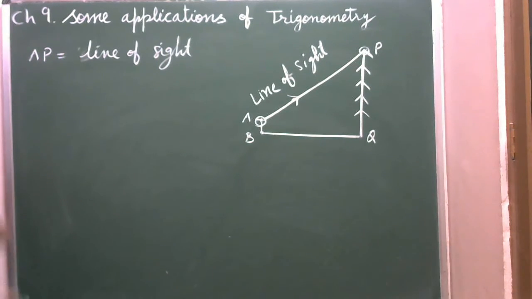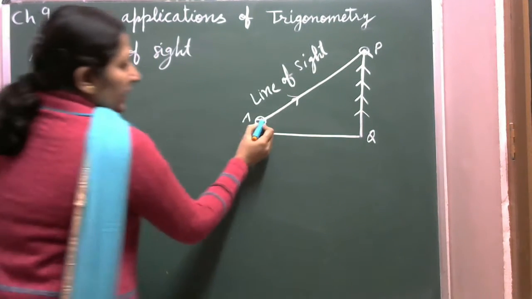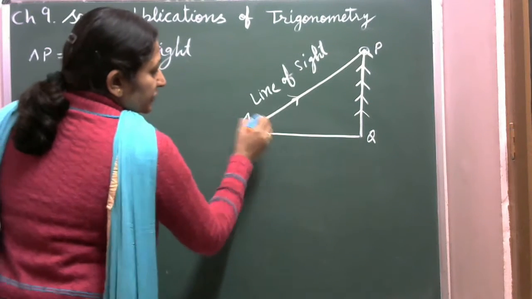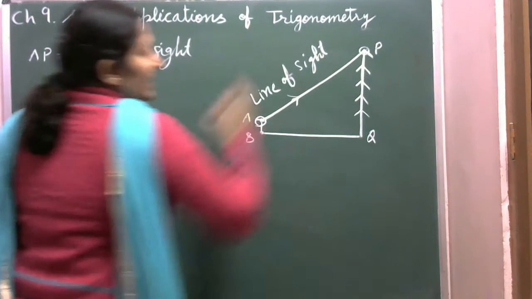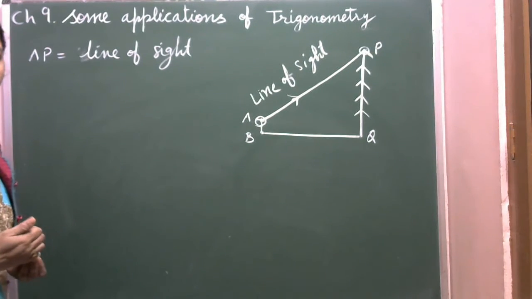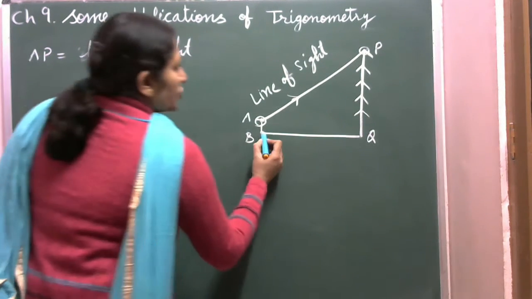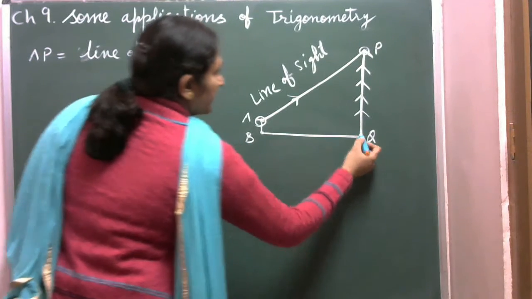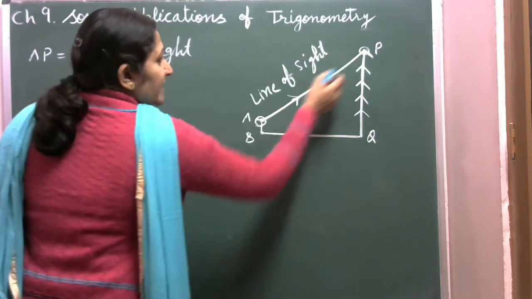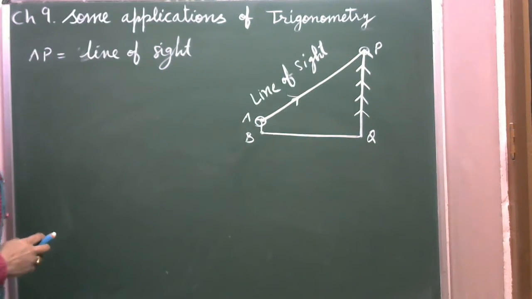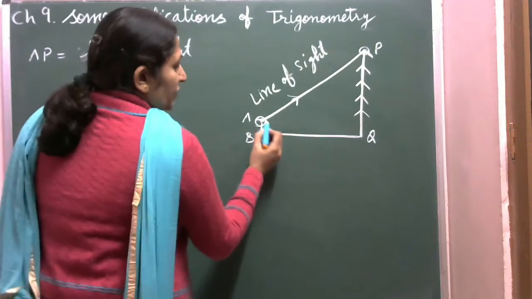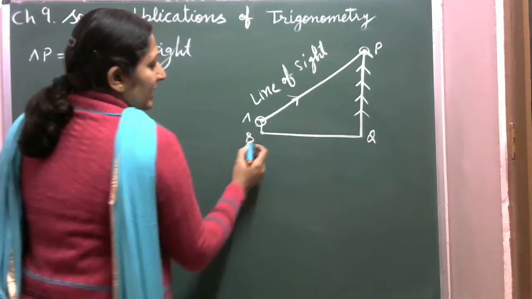उसके बाद अगर हम ये वाले ऑब्जर्वर जो है P के साथ कितना एंगल बना रहा है उसको चेक करते हैं. सेकेंड टर्म इज एंगल ऑफ एलिवेशन. एंगल ऑफ एलिवेशन क्या होता है? ये जो हॉरिजॉन्टल लाइन है और लाइन ऑफ साइट, इनके बीच में जो एंगल बनता है. तो यहाँ पे लाइन ऑफ साइट AP है आपके पास.